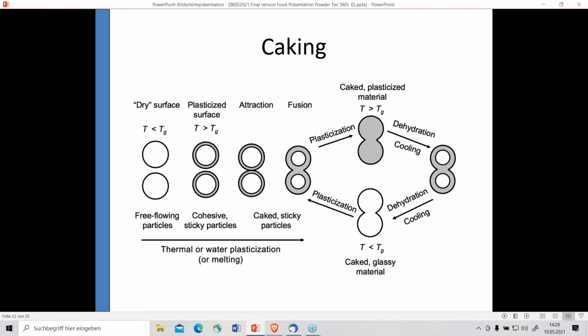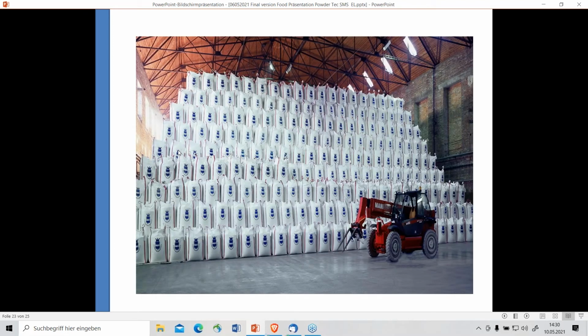On the other hand, you will see the main problem is whether you pass the Tg or not. So if you have a plasticized surface, a tacky surface, and then it sticks all together, or if you are under the critical temperature or under the critical water activity. But if you're in this area here or close to this area, you can figure out that something happens in this case. So if you are looking at the bag here or at the top, you will find there